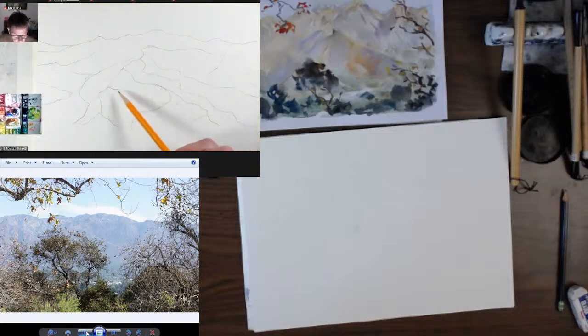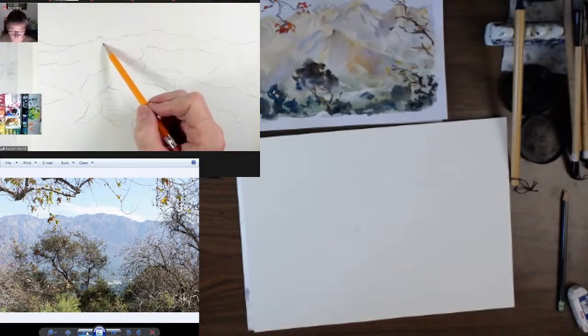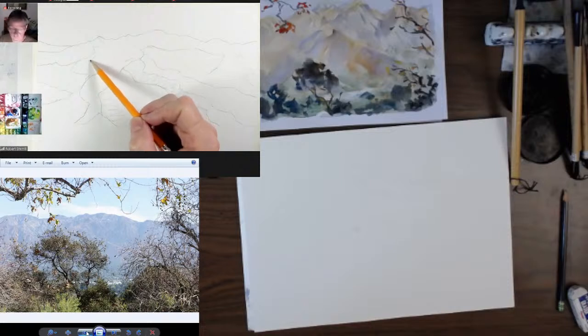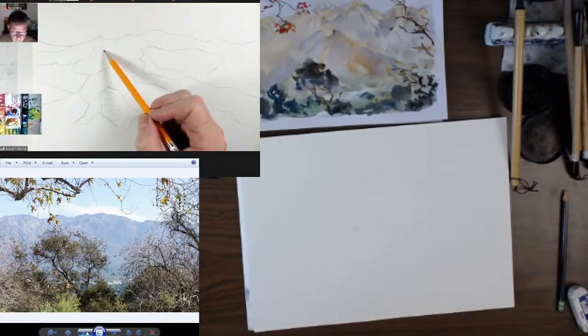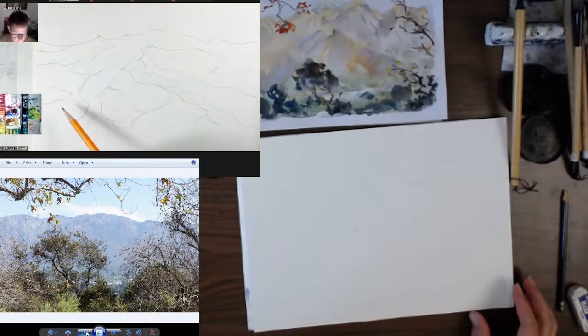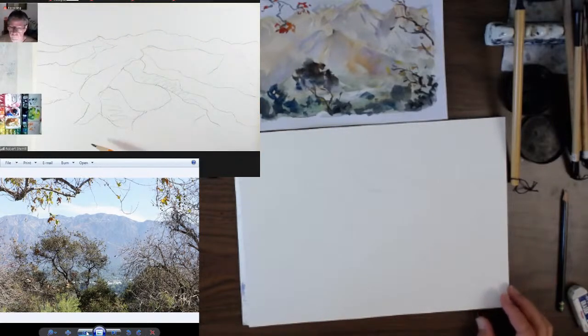So if you're trying to figure out which one's the light and which one's the shadow, what you can do is just kind of go like this. There's the shadow, there's the shadow. If that helps you. I usually don't, because I don't want scribble marks in my painting. Sometimes I don't mind. Depends. If I'm really just quick sketching, then I just leave them all in there. But if I'm trying to do a more worked out painting,